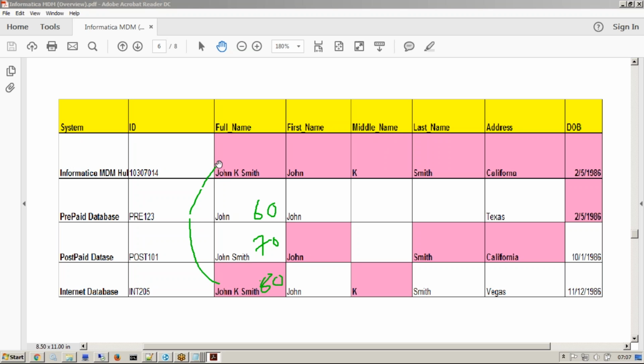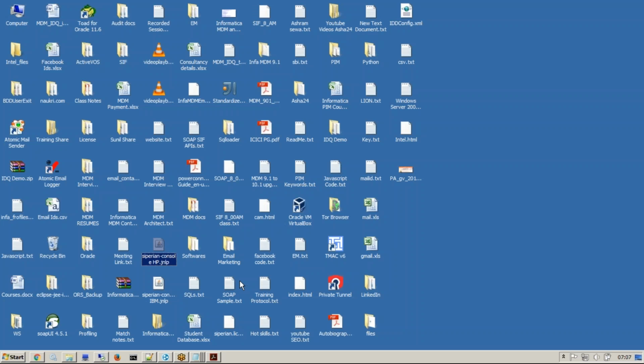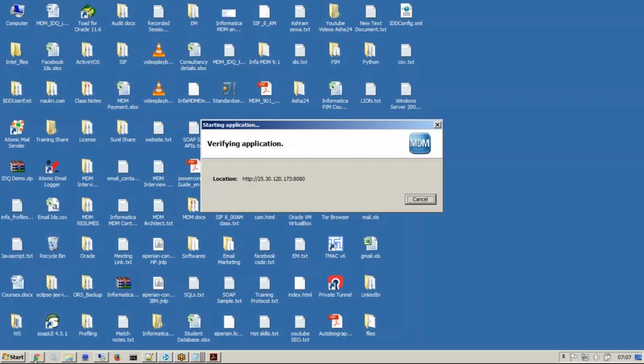That is the reason why John K. Smith is stored as the best version, and this is not stored as the best version. Similarly, for every attribute, for every column, this can be different. You can see here California is chosen as the survivor. That is called trust, and let me open this,